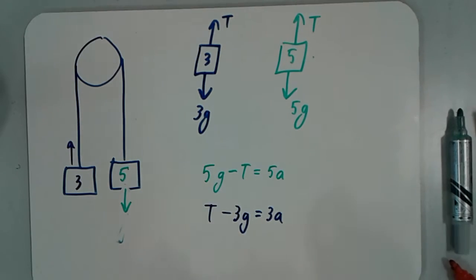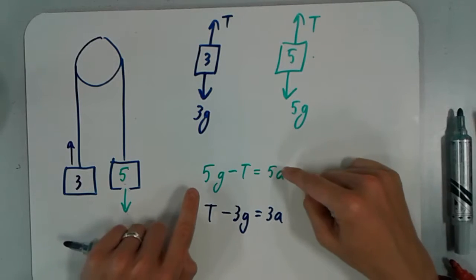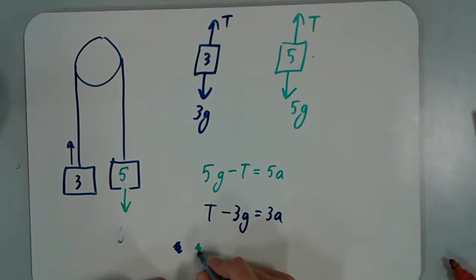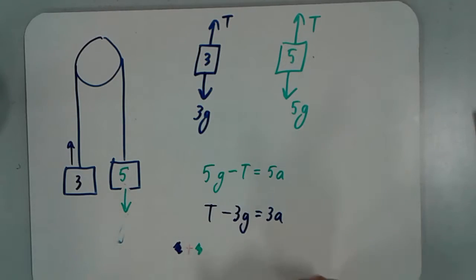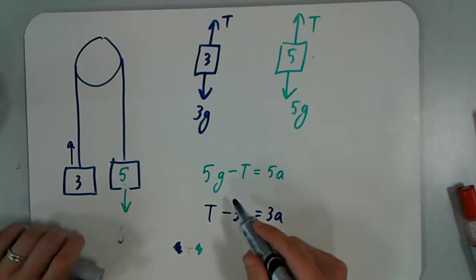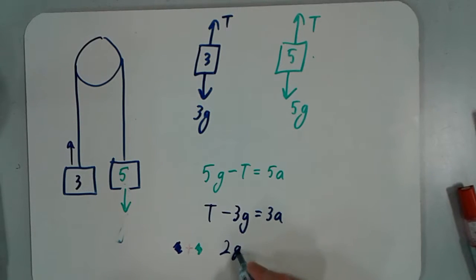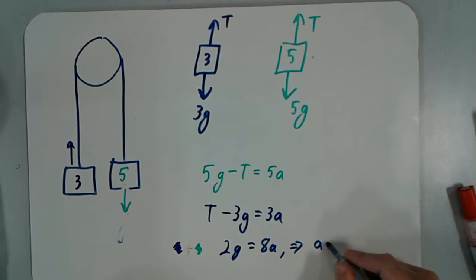We can eliminate T by adding the two equations together. So if we do blue plus green, we will get 2g on the left hand side and 8a on the right,